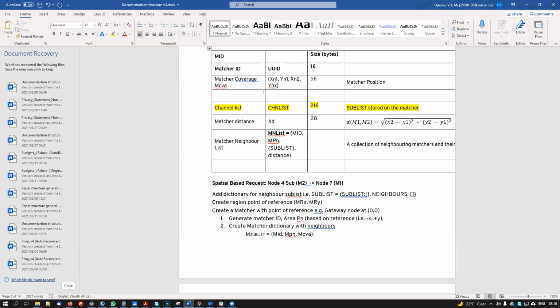Meaning that however we want to partition the underlying space, as long as they can provide some similar information, such as a function you can always query about who your neighbors are, and also determine the positions and, more importantly, the region areas for each matcher.